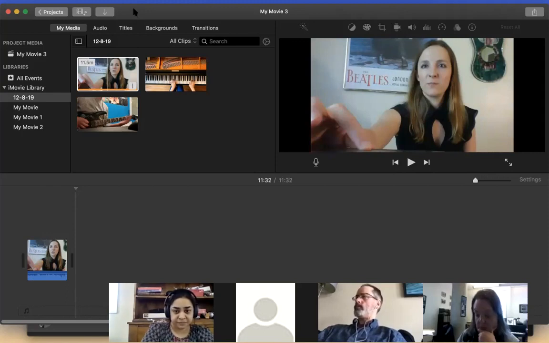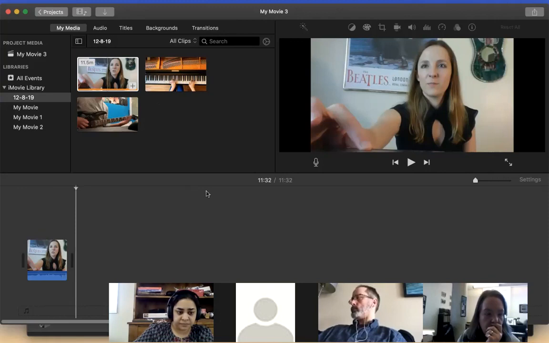I'm not sure if I can show those controls, but if you look at the bottom of your screen, you can see the mute button and the stop video button. Right next to those, there are two arrows, and those let you change things like what microphone you're using, what camera you're using. So Zoom can be really, really flexible for a lot of that stuff.